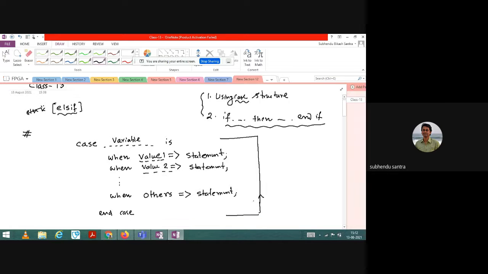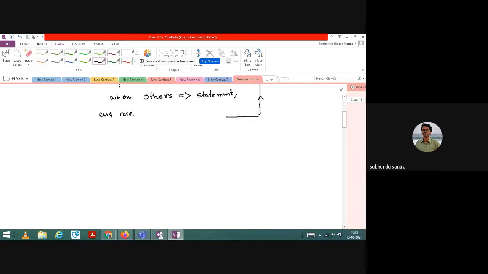Now let us see how we can use it in the program. In the previous class I took one test. In that test I gave the problem of a 3 to 8 decoder. I told you to implement that, but I had not mentioned anything else. I told you that you can use the if else structure. All of you have done it, good. That same program I can do very easily using the case structure. So let us concentrate on how I can do it.